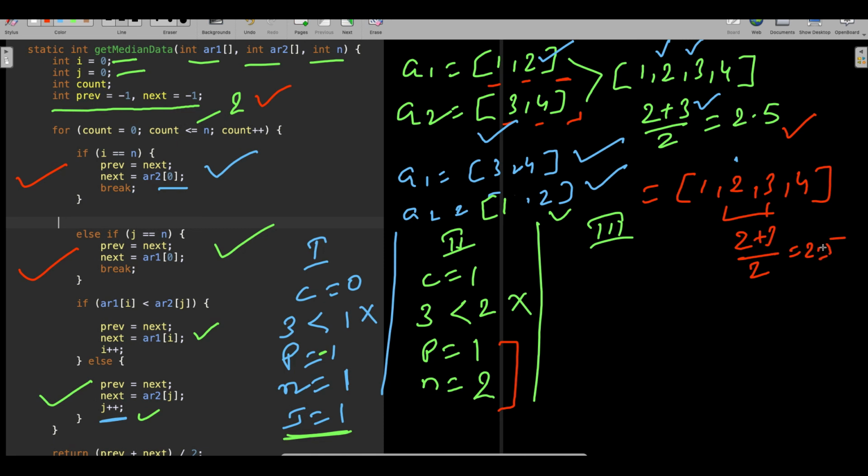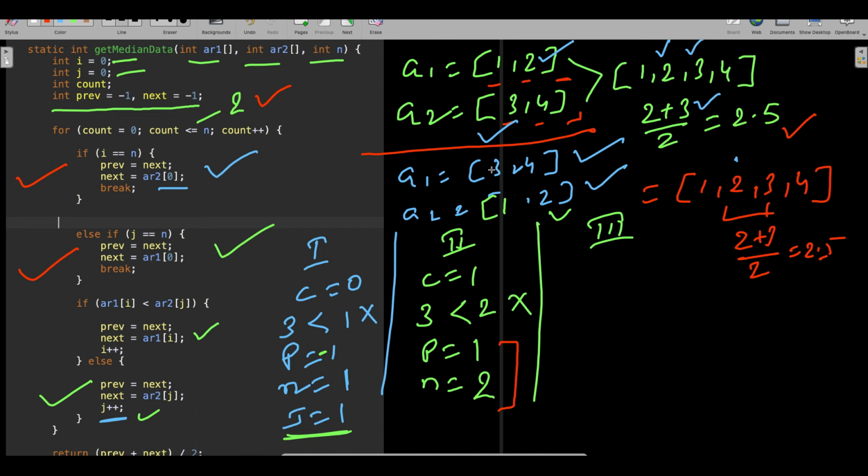So what is 2? The 2 is nothing but the last element of array 1, and what is 3? The first element of, sorry, focus here, by mistake I went to the first pair. So what is 2? 2 is the last element of array 2, and what is 3 here? The first element of array 1, guys.